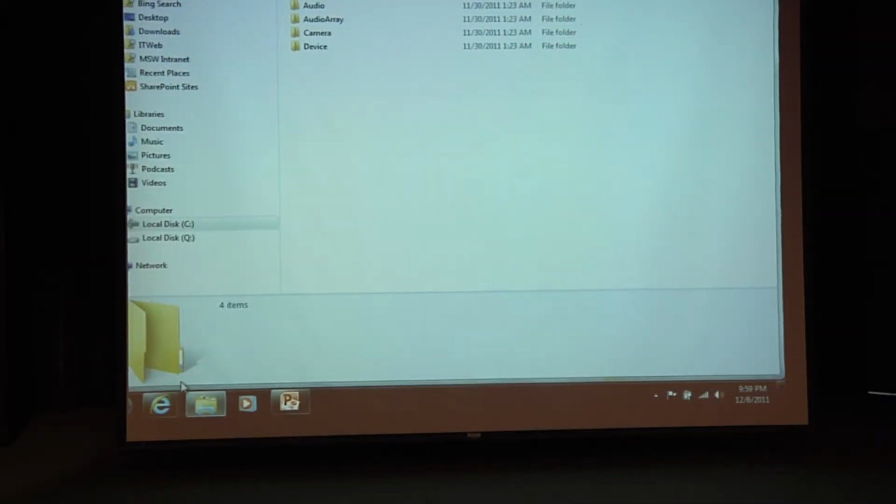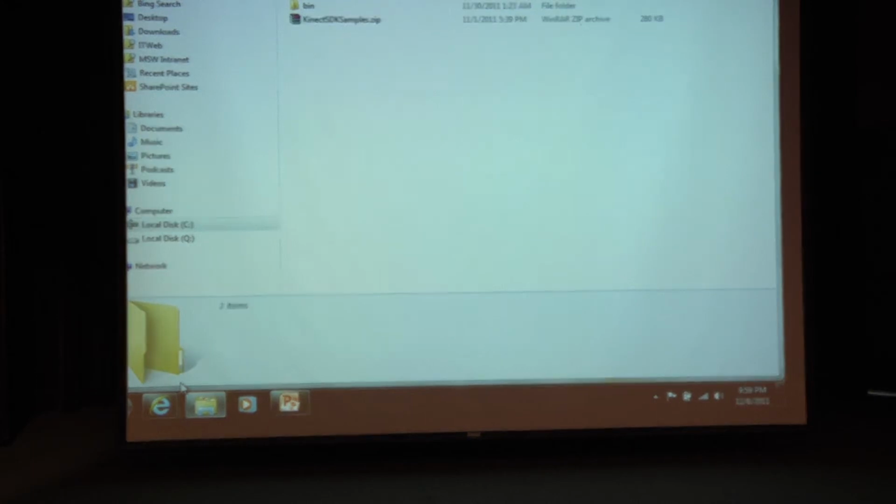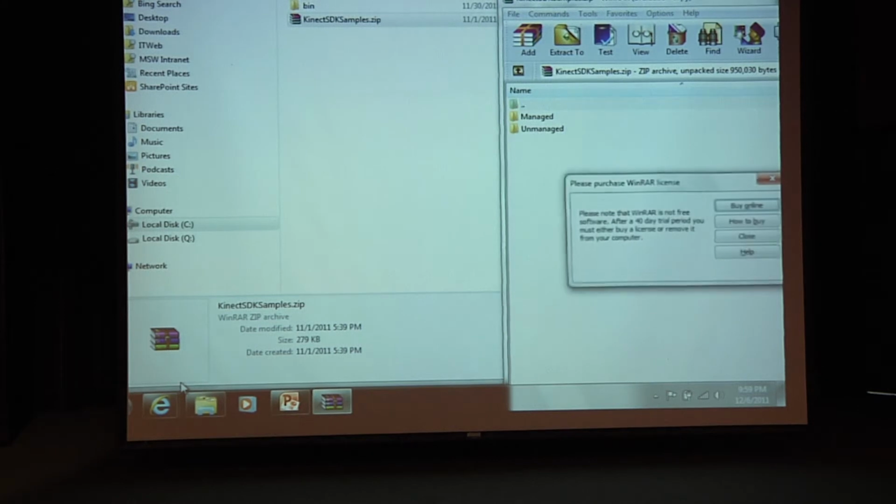Before you connect the actual Kinect device to your PC, because otherwise the drivers will not already be in place. So you'll get the drivers, you'll get some documentation on the programming API. You'll also see some samples in a zip file. Let me open it and show you